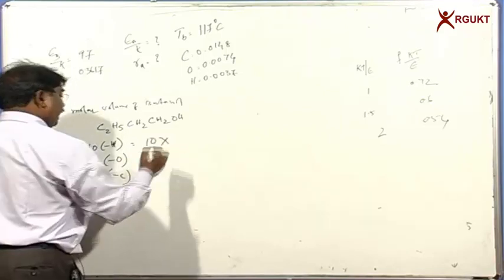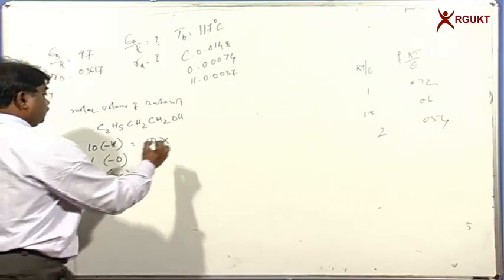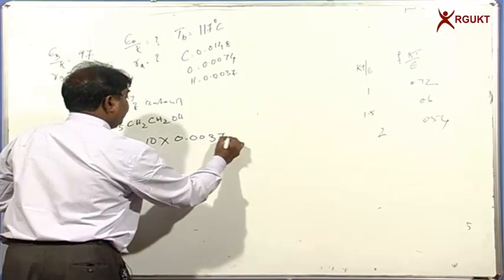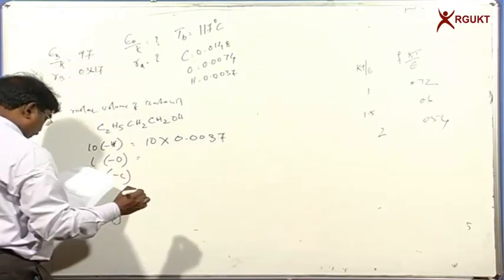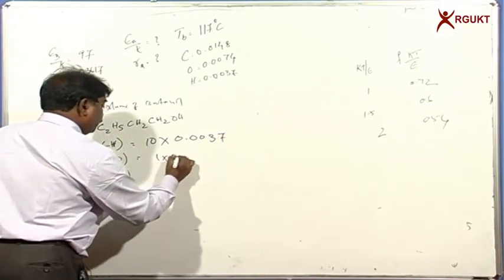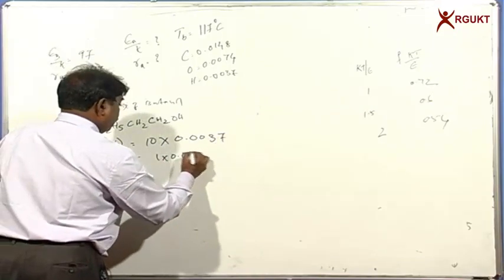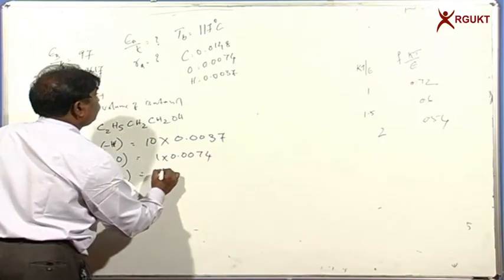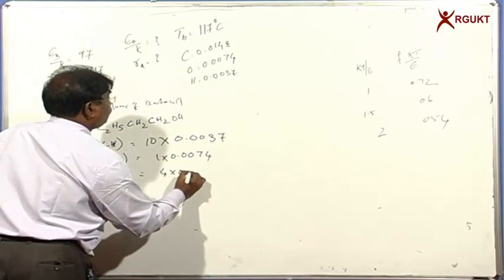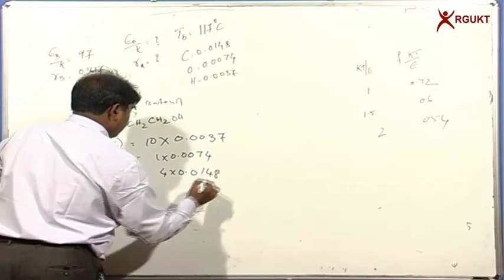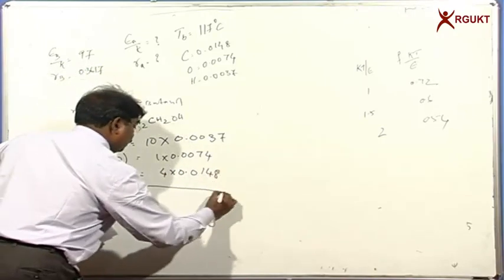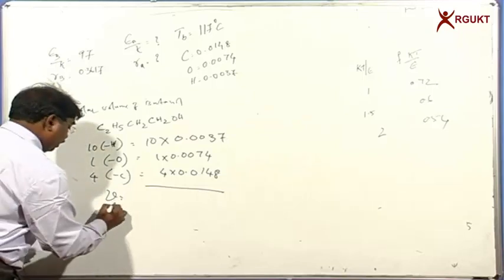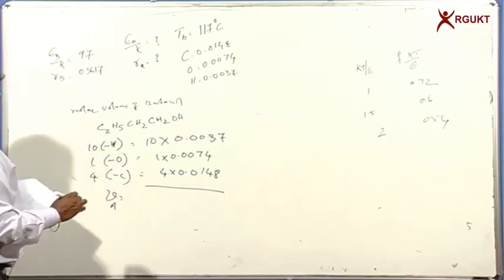Then the atomic volume is 10 into 0.0037, plus 1 into 0.0074, plus 4 into 0.0148. So the total V, that is the atomic molar volume of butanol, is equal to